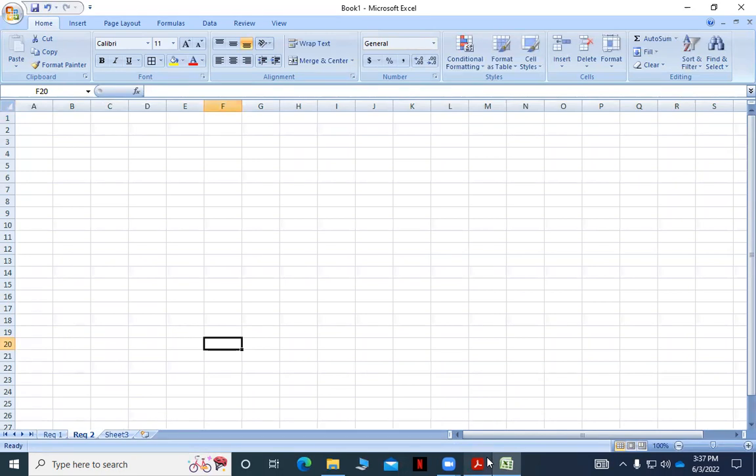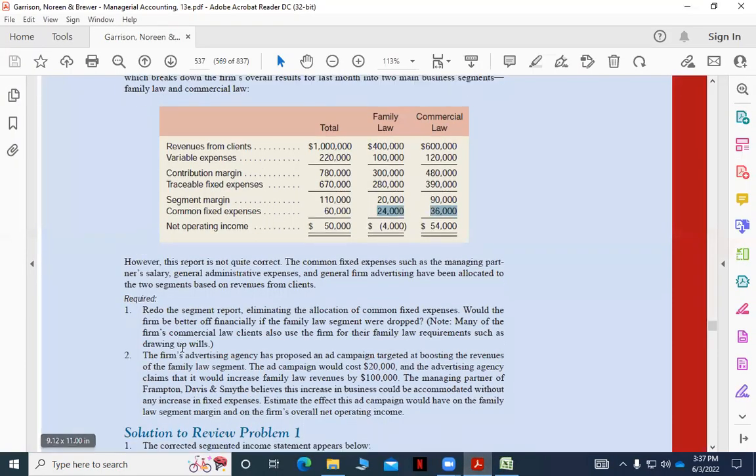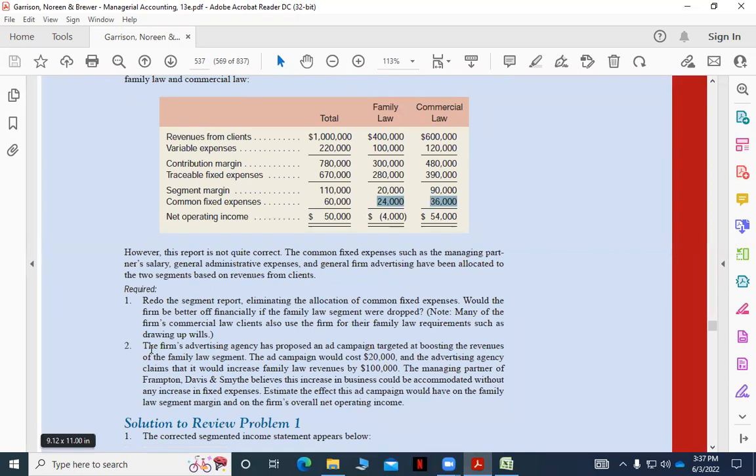Okay, now see question number 2, requirement number 2. They say they will take an advertisement campaign, and through this campaign they can generate 1 lakh taka revenue. তারা 1 লক্ষ টাকা revenue generate করতে পারবে।